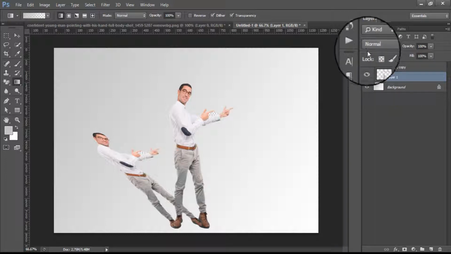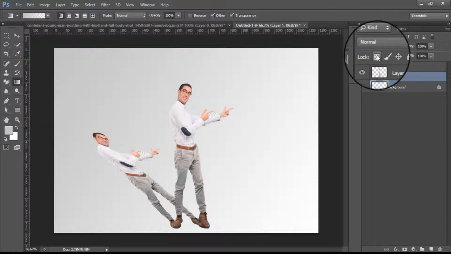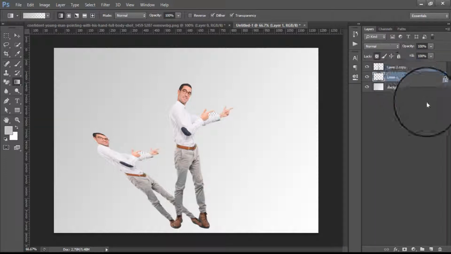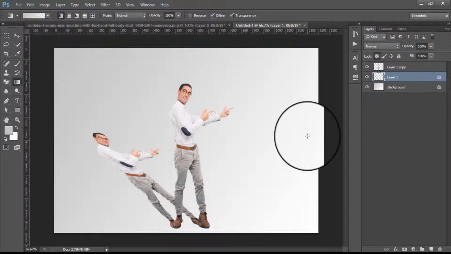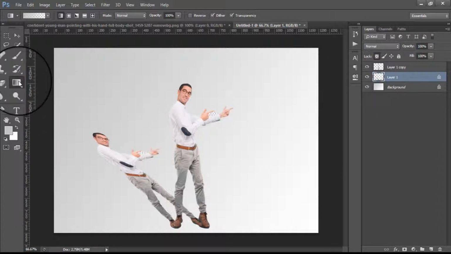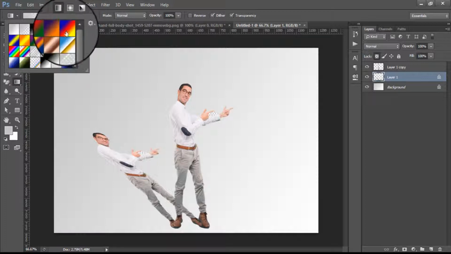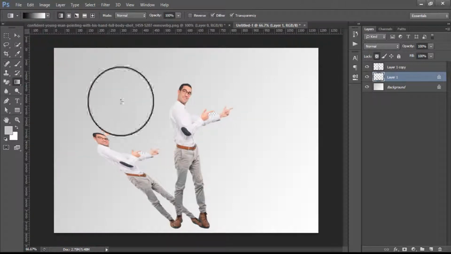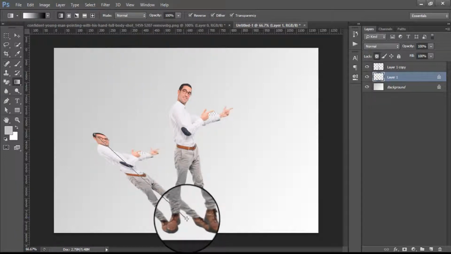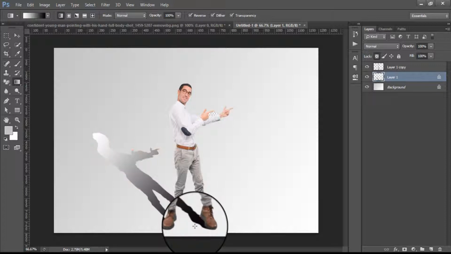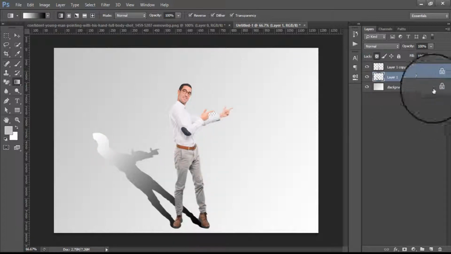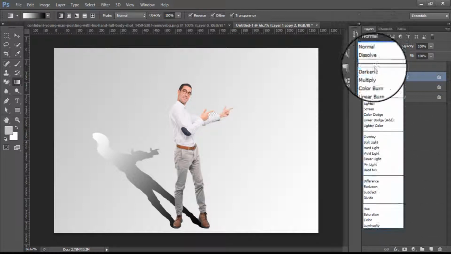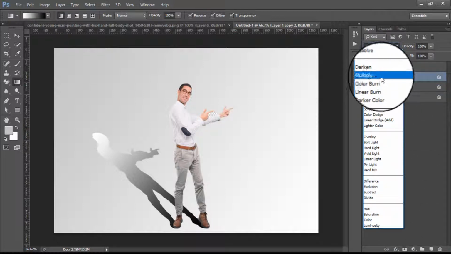Now click the transparency lock button to lock the transparency, and then go to the gradient and select the third gradient, and click reverse, and then make a copy of this layer, and then choose the blend mode multiply,